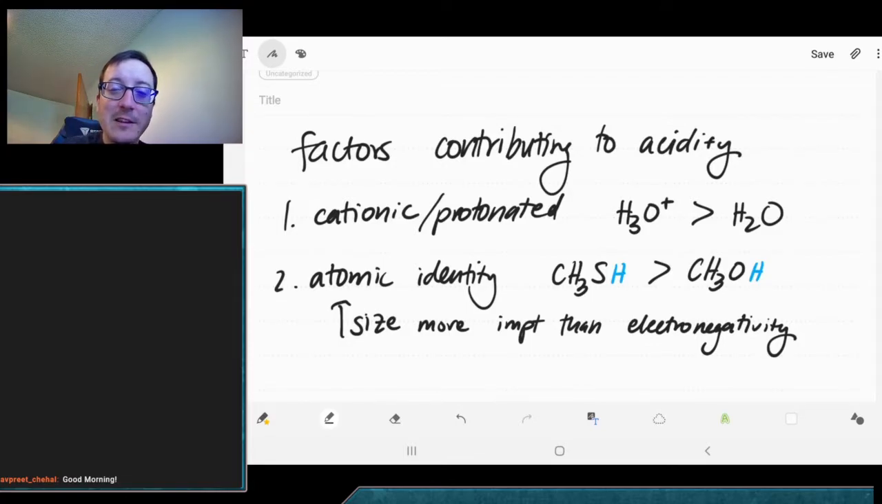The second case we looked at was the identity of the atom to which your hydrogen is attached. And we saw that the bigger the size of your atom, the more polarizable it was. It can accommodate the negative charge more readily. And so bigger atoms are better at holding a negative charge, and so they're going to make better acids as a result. And that size factor is going to be more important than electronegativity is. So if things are relatively the same size, then you'll look at electronegativity. So for example,